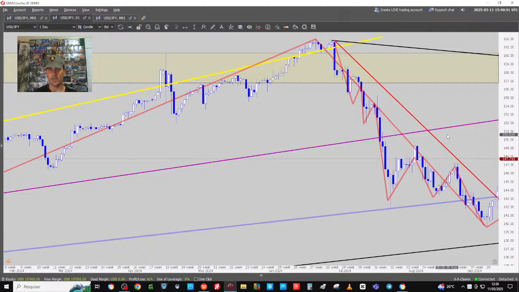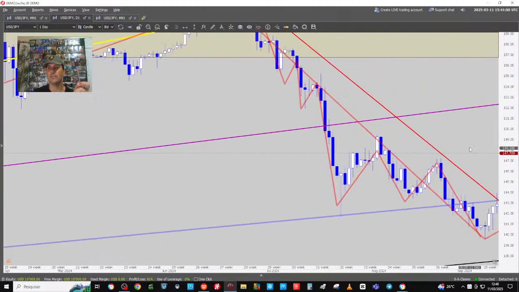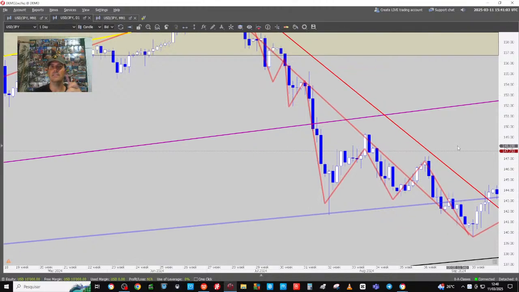Because I know from the monthly that it's the first down extension leg and it must retrace, I don't know how, I don't know when, but I can go on the smaller time frame and use a trend line, and now that the market broke the downtrend line, isn't this an indication, not a confirmation yet, that the market might retrace on the monthly? Whoa, this is something valuable to learn.